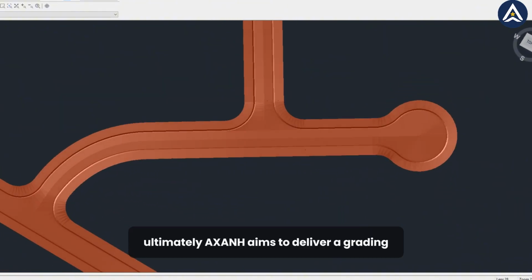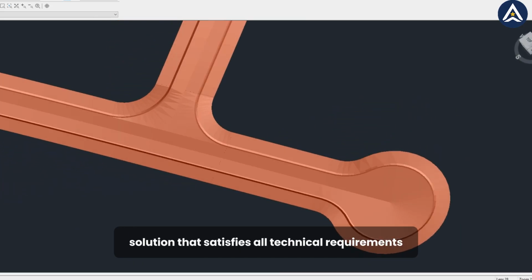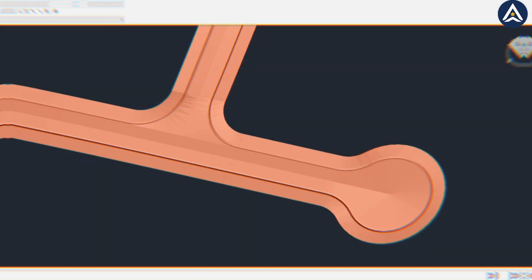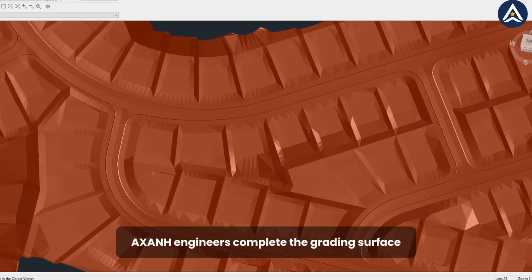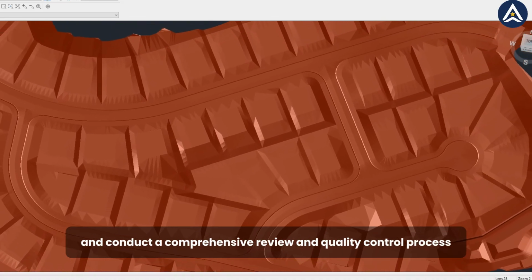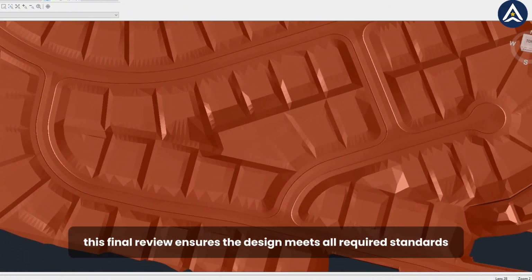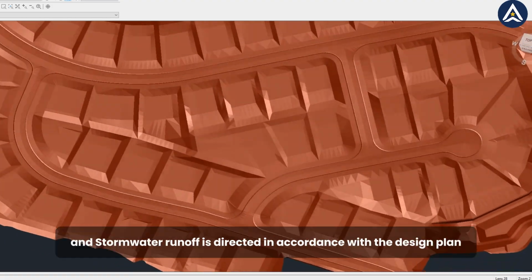Ultimately, AXANH aims to deliver a grading solution that satisfies all technical requirements while achieving the most optimal cut-fill balance based on the client's objectives. In the final stage of the workflow, AXANH engineers complete the grading surface and conduct a comprehensive review and quality control process. This final review ensures the design meets all required standards, that drainage behavior is correct, and stormwater runoff